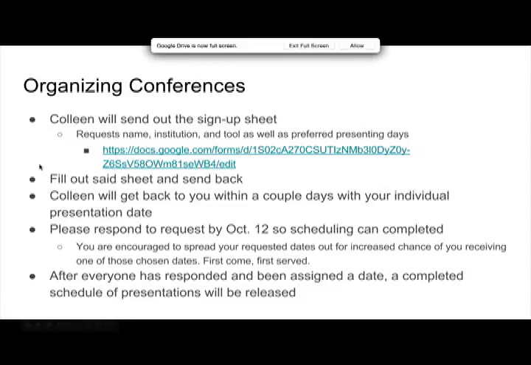And please respond by October 12th so that all scheduling can be completed and I can make a calendar for everyone to see. You're encouraged to spread your requested dates out. You have a higher chance of getting a date you want, because if everyone's just sending in requesting the last 4 dates, obviously there's going to be a little bit of moving around and you might not get a date that would be easy for you. So it's kind of on a first come, first served basis. And after everyone has responded, again, I'll put up the calendar and send it out to everyone so you will have a schedule of